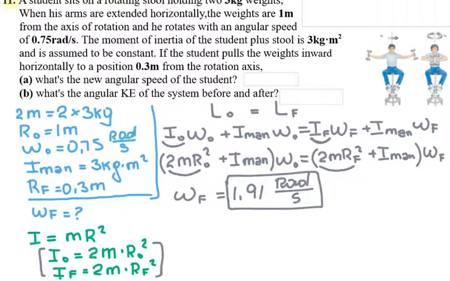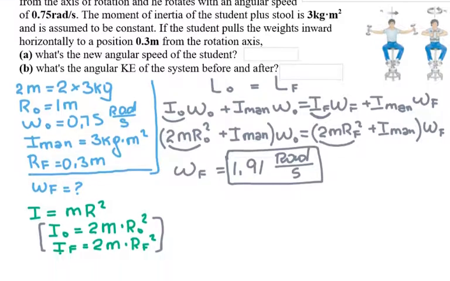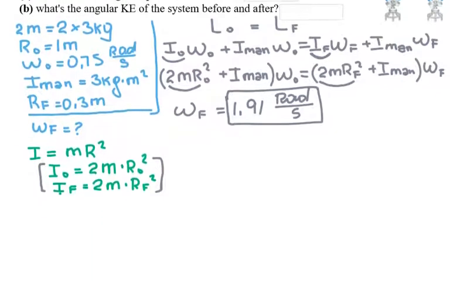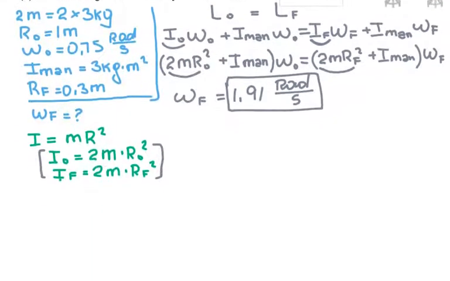And then they ask you to find the angular kinetic energy of the system before and after. So to find the kinetic energy before and after, let me rewrite this. We're going to do kinetic energy, I'm going to do it right here. Kinetic energy initial is equal to 1/2